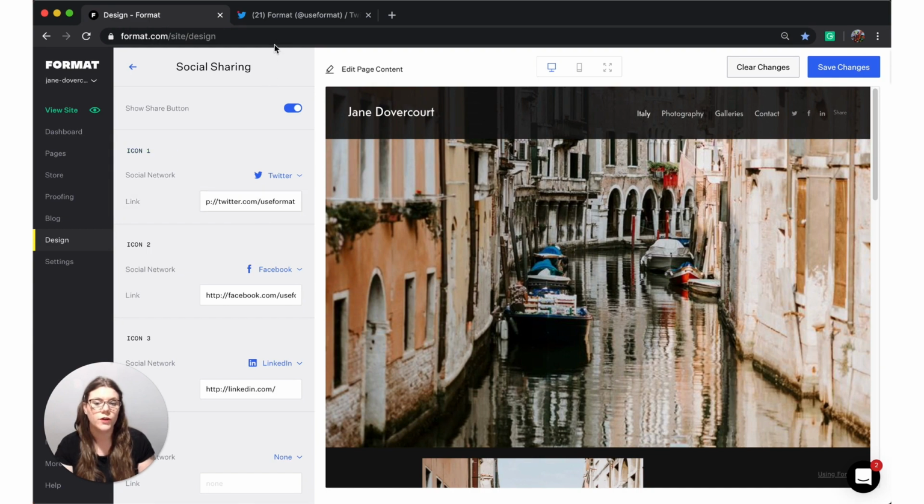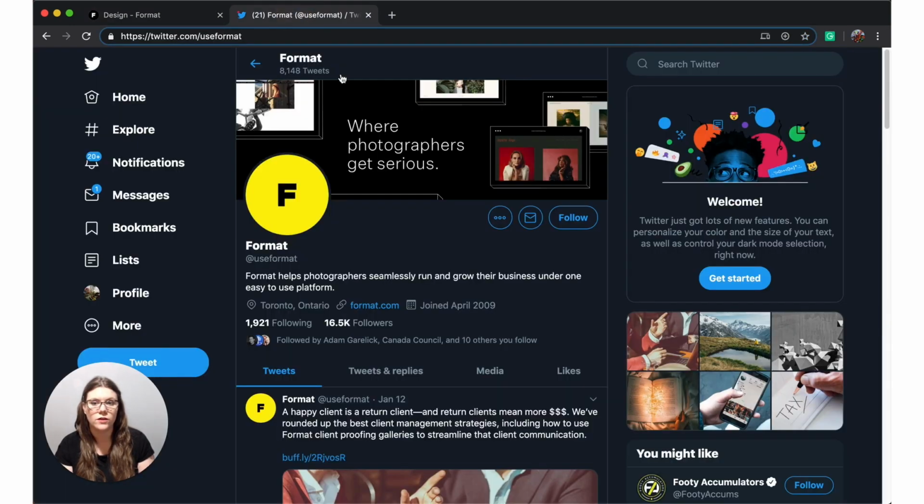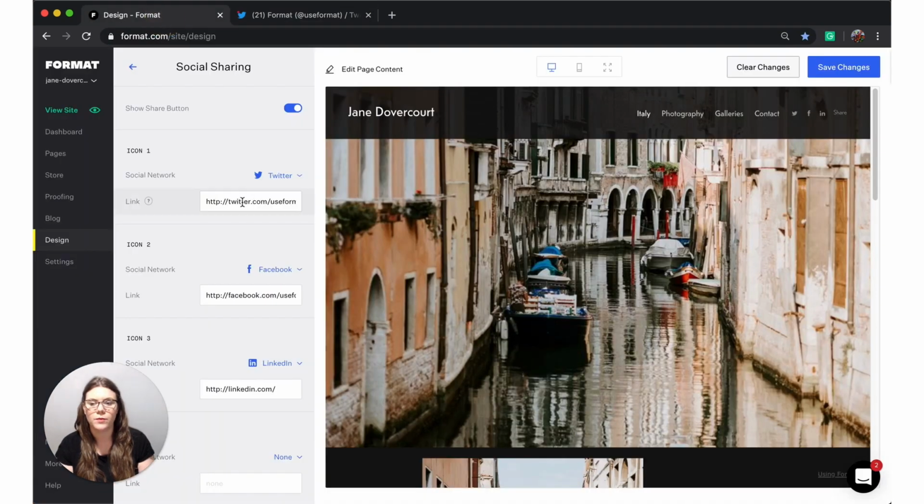To find your Twitter account, for example, you would simply go to twitter.com and then search Twitter for your account. Then you would go up to your browser bar and copy the browser bar information, your URL, and paste it in this field below. That will ensure that when we click on this icon, it will then navigate us to